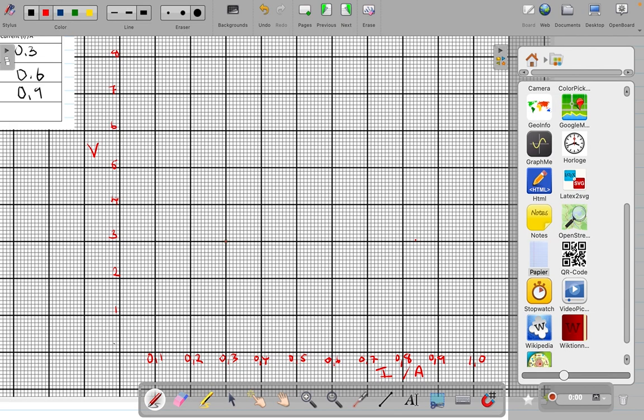So I want to add it. Then at 6 volts we have 0.6. Then at 9 volts